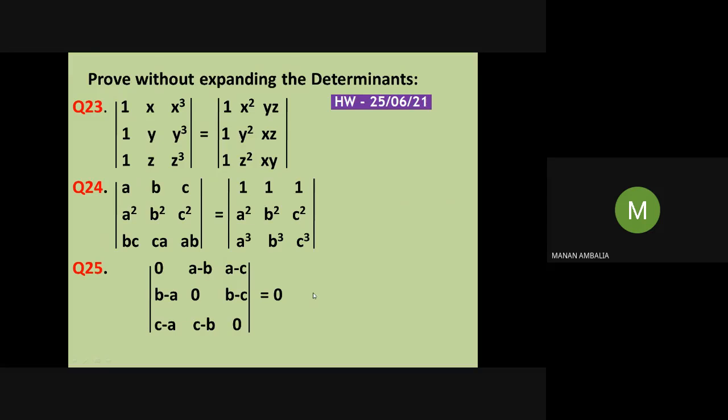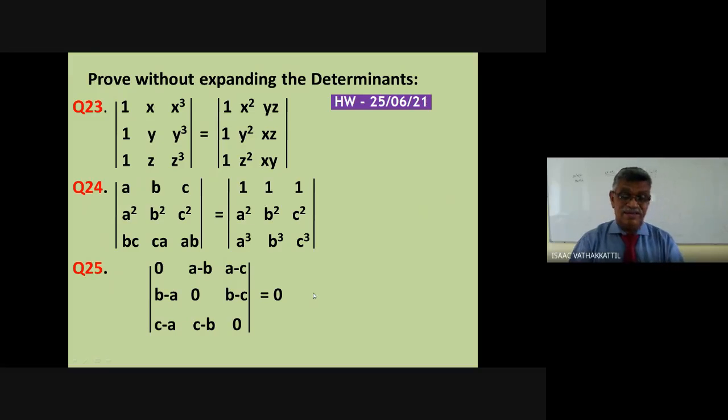Sir, by using skew symmetry. Yes, it is a skew symmetric matrix and the order is an odd integer. We can apply like that. Take a matrix A. This is a skew symmetric matrix. A dash will be minus A, because that is why it is skew symmetric. So determinant of A dash is determinant of minus A, but determinant of A dash and determinant of A are equal by property. We have done a question of the same nature earlier. Do the same steps and so that is 0.